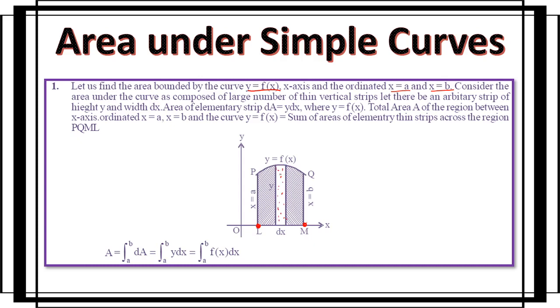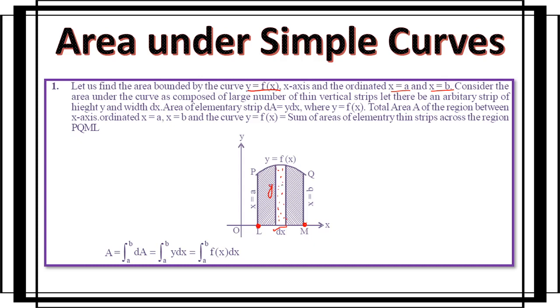How is it a kind of rectangle? This strip is too big here, otherwise we make them very small. This is just to show you. Otherwise, these strips are very small. And this is the small change in x, right? And this length is y. So it's a kind of rectangle, because when we take a very small change, almost negligible, almost tending to 0, then this curvature will be finished and it will be a kind of rectangle.